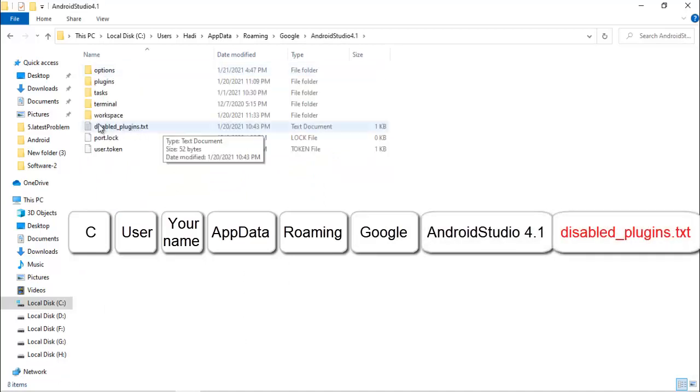And this file is the reason why our Android Studio is crashing. Disable plugins.txt. Simply delete this file